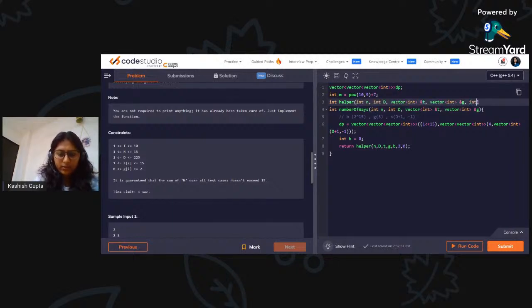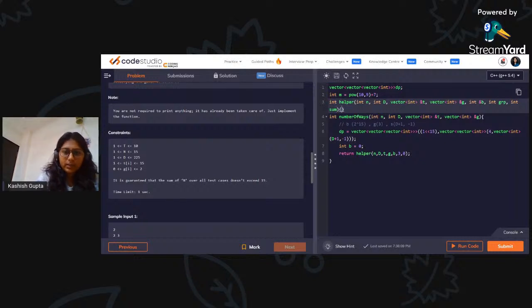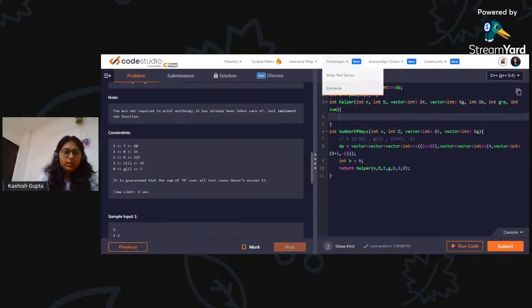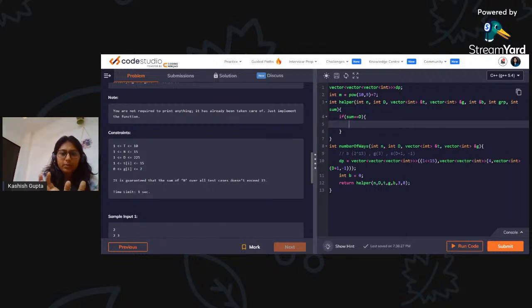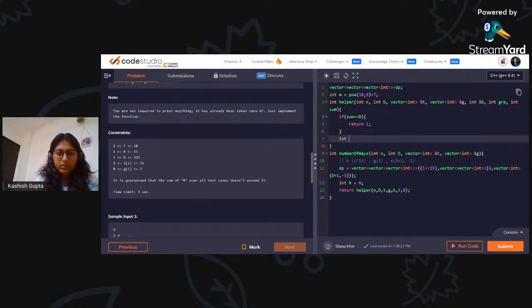After that we are using int b, then int group and int sum। ठीक है, तो फर्स्ट वी विल सी, अगर जहाँ हम हैं करंटली, इफ द सम इक्वल्स डी, तो वी हैव फाउंड अ प्रॉपर सबसेट, so we can return 1। If not, then let's say int, अच्छा हम मेमोराइजेशन यूज कर रहे हैं तो